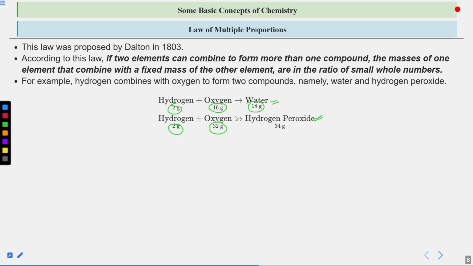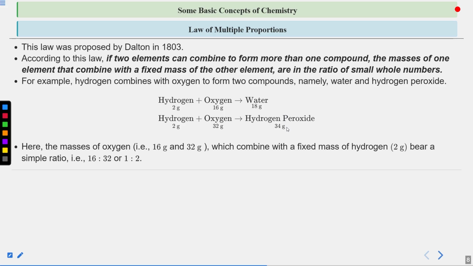Now just try to take the ratio of hydrogen in both these compounds. It is 1:1, whereas in the case of oxygen it is 1:2. So these ratios are simpler ratios, and the ratio that we are talking about in the law of multiple proportion is the same. And this is our overall law, that if you are taking the ratio, then it will be a simpler ratio, not a complex one, if two elements are combining to form two different compounds. I hope my point is clear about this law.